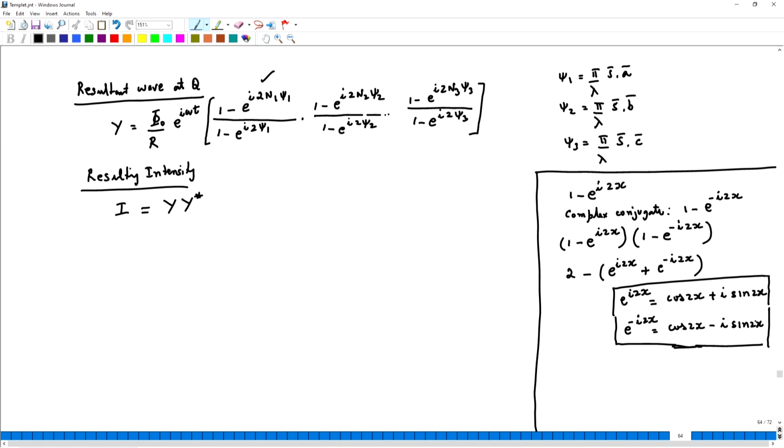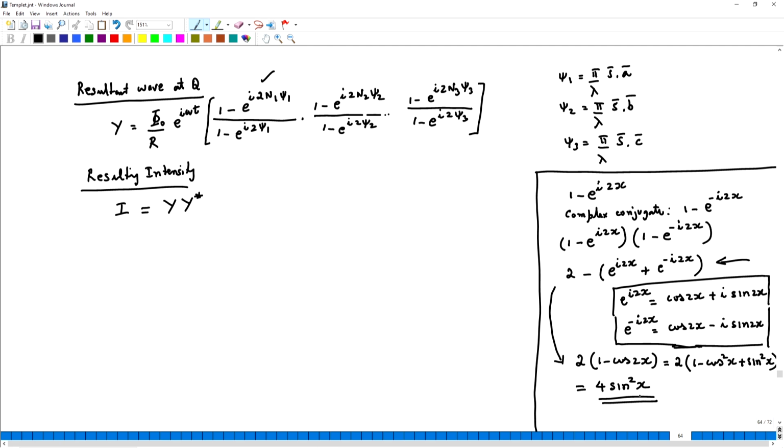So, if I just substitute this in this equation, I will skip a few steps and I will write 2 times 1 minus cos 2x. This cos 2x can be expanded to 1 minus cos square x plus sin square x, and therefore, the product of the complex number with its complex conjugate would become 4 times